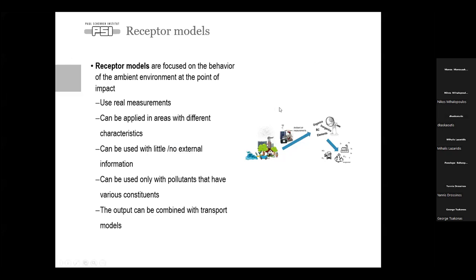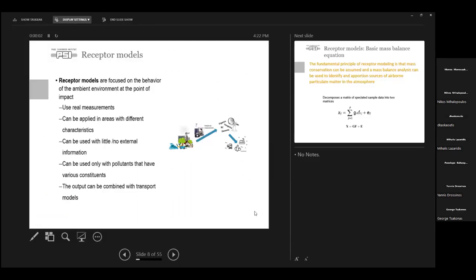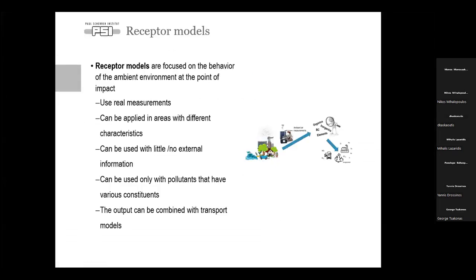Regarding receptor models, you still hear me, right? Okay, great.